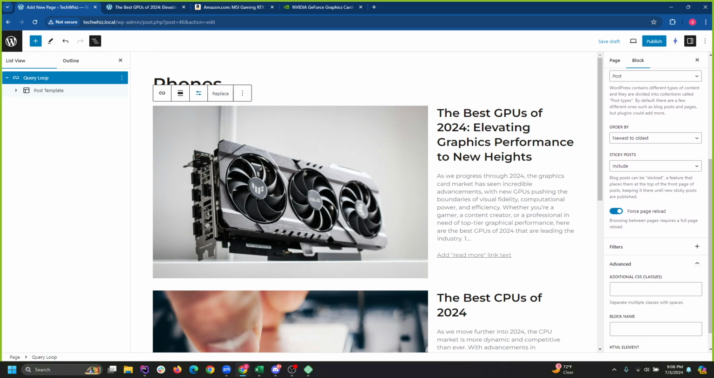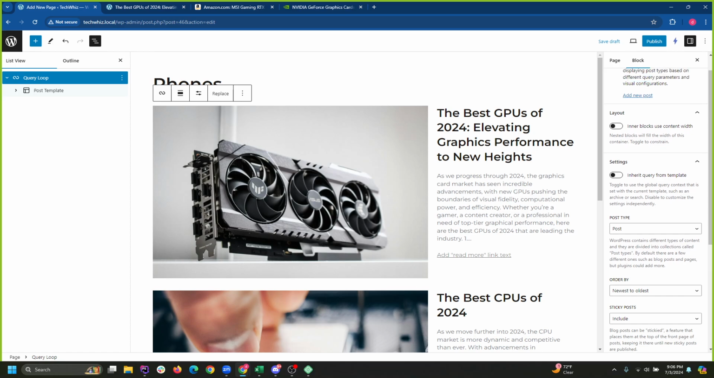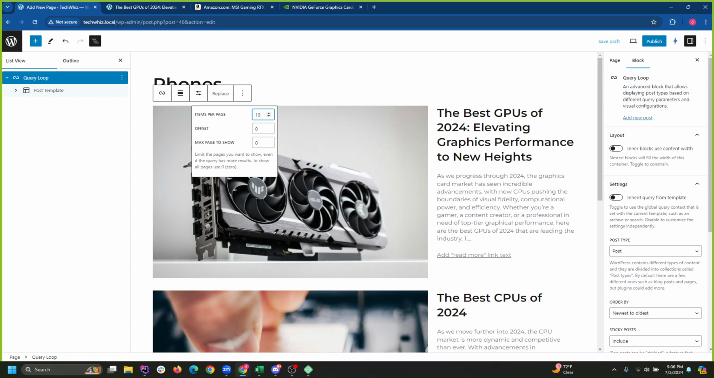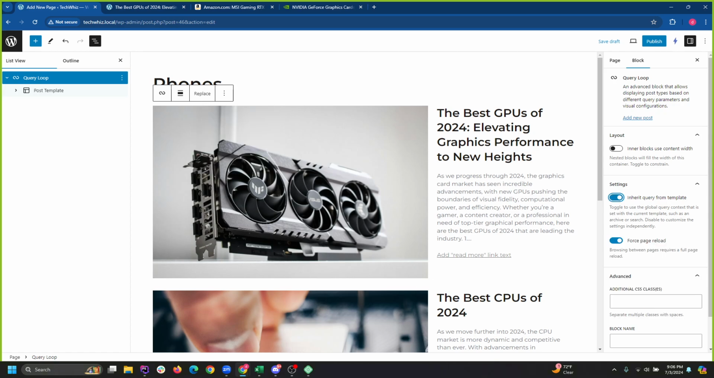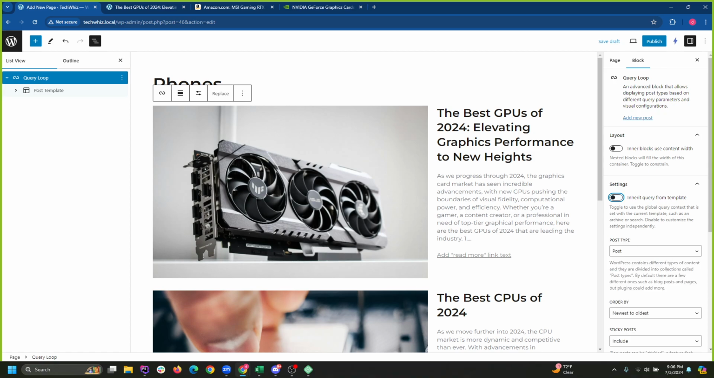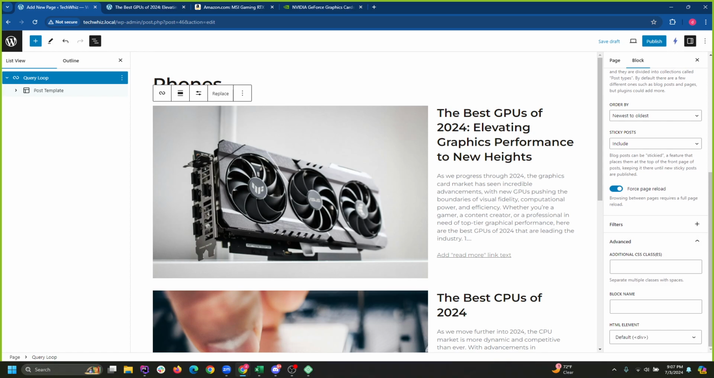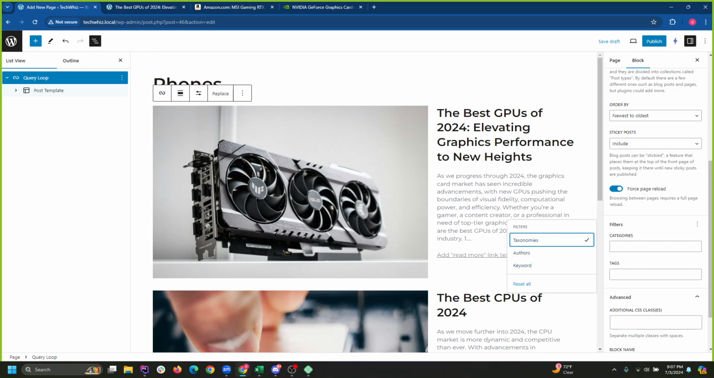Okay, I get it. So we do need to turn that off, otherwise we lose all these other options. So it's not just this that it affects. Whenever you turn on inherit query from template, you also lose a bunch of other options on the right side. So turn that off. That way we could pick filters, and then we'll filter by taxonomies. We'll do categories,